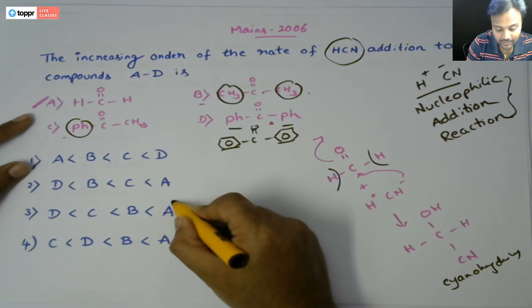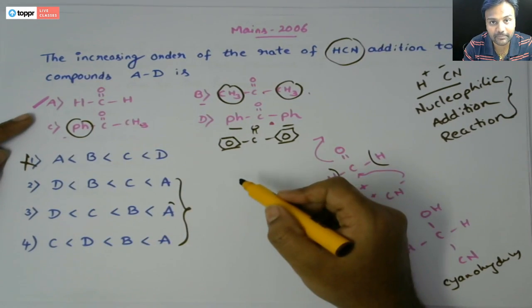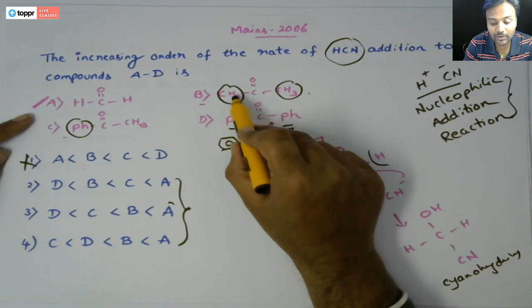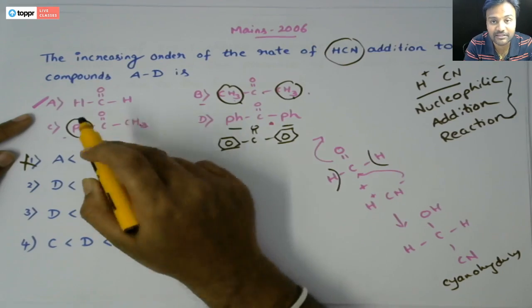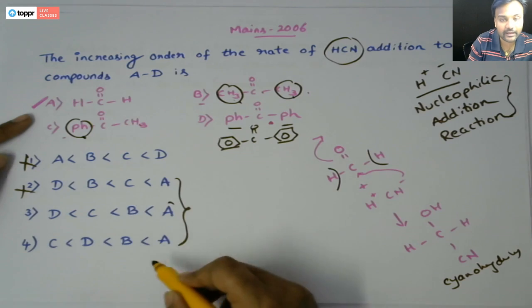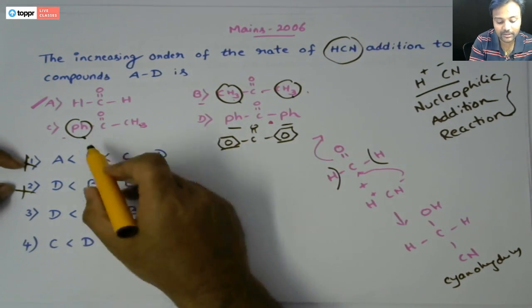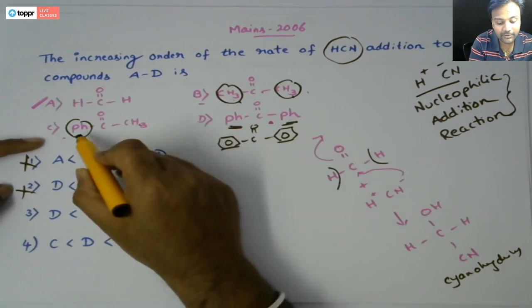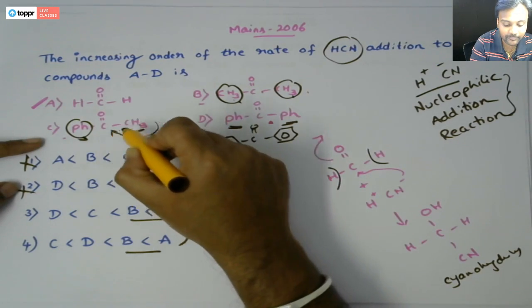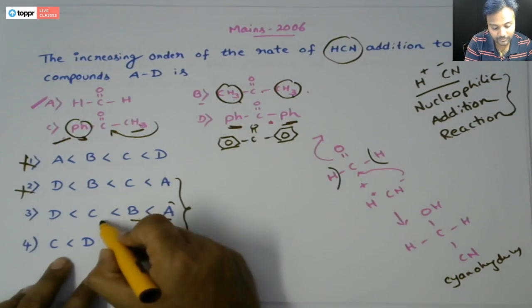That means A. You have 3 options, so you can eliminate option number 1 here. Among these 3, after A, what is that? This is acetone, because you have both the methyl groups. In this case you have one phenyl which is bulkier than the methyl. So before A, now B. So I can eliminate option 2 as well, because A and B. Among C and D, look at this. You have both the phenyls in this case, but you have one phenyl and one methyl. That means the nucleophile can attack from here, though it is bulky here. So option C and option D